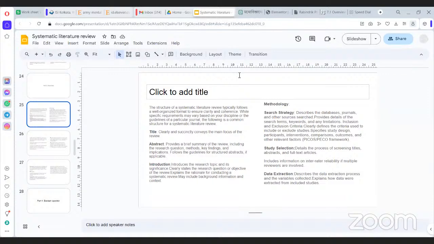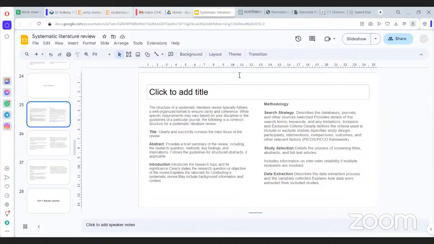So I have one question. What is inter-rater reliability? That means suppose you have received 50 studies, and out of that you want to select a minimum of 10 studies. So you administer this to the experts. I have received these 50 studies, this is my research question, and I want to select only 10 studies. So please